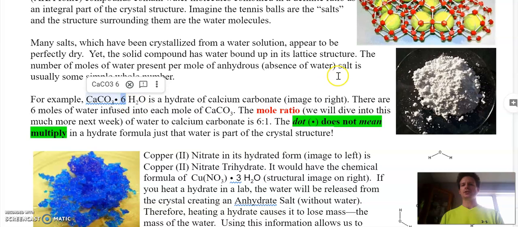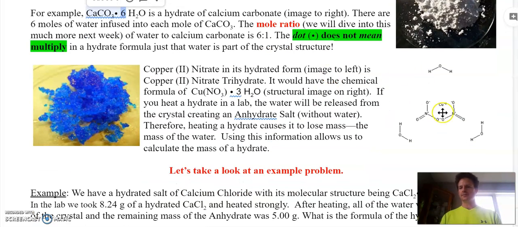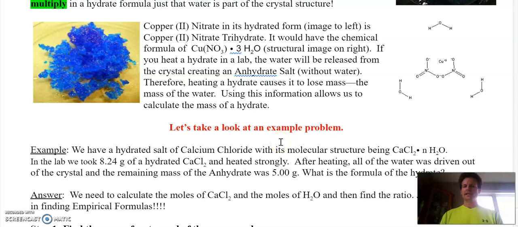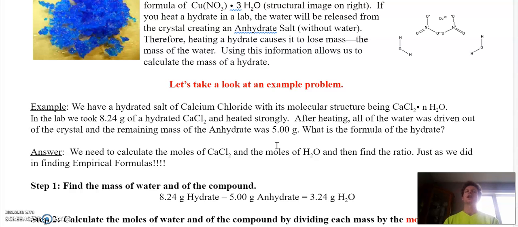One thing to remember is that we're not multiplying these together. These are just attached to each other, much like these structures up here are just kind of surrounding the molecule itself. A good picture of that is right here. This one would be like a copper nitrate, and one of its hydrates is a 3. So we have these 3 water molecules surrounding it to buffer it, to attach water to it, to give it some more structure, and then we can use that in many different ways. But the idea is that we're going to know most things, but the part that we're not going to know is this unknown amount of